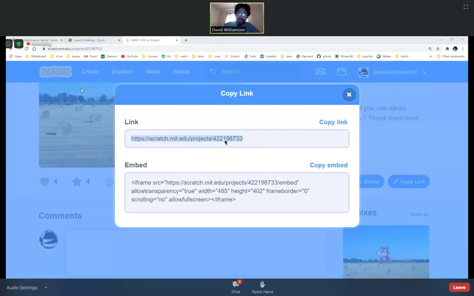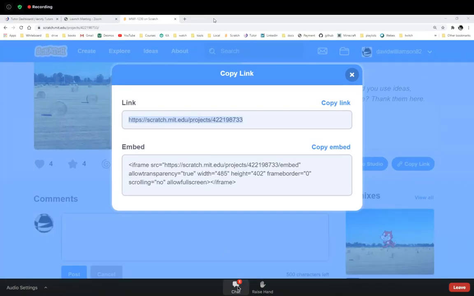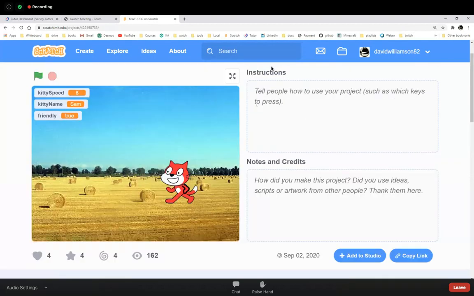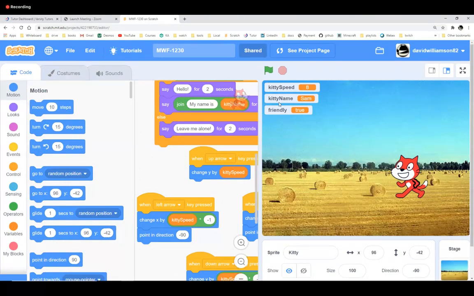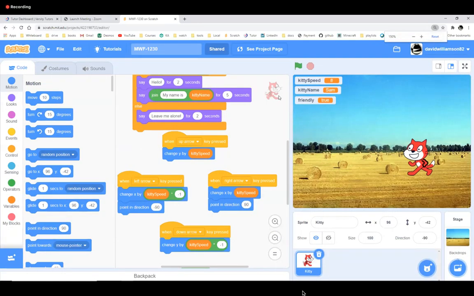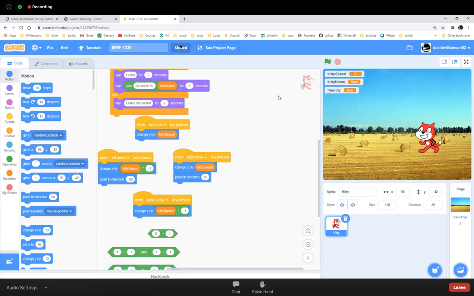What are we doing? That's my question. What are we talking about today? Let's see. See inside. What did I do? Oh, let me zoom out, you guys. I'm so sorry. It's kind of tricky trying to work with one screen. I guess the best place to put the chat is like here. Is that a good place for it?